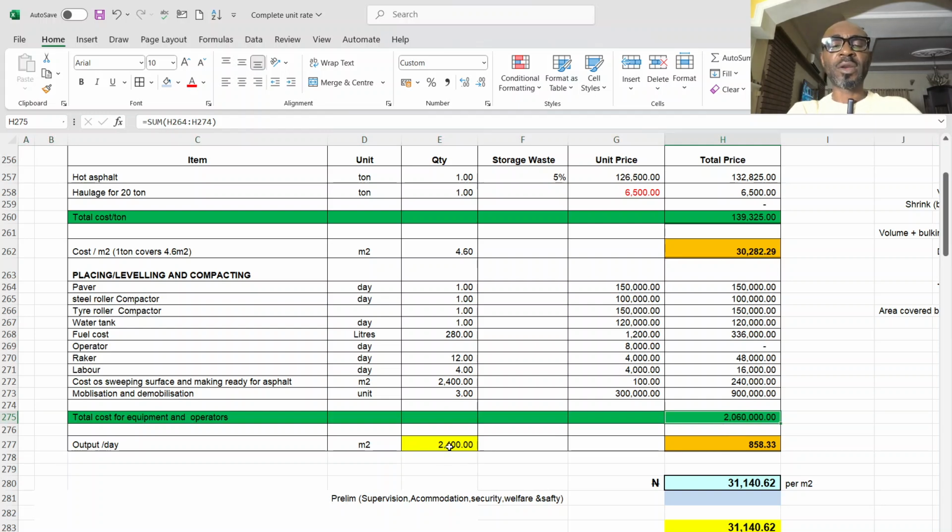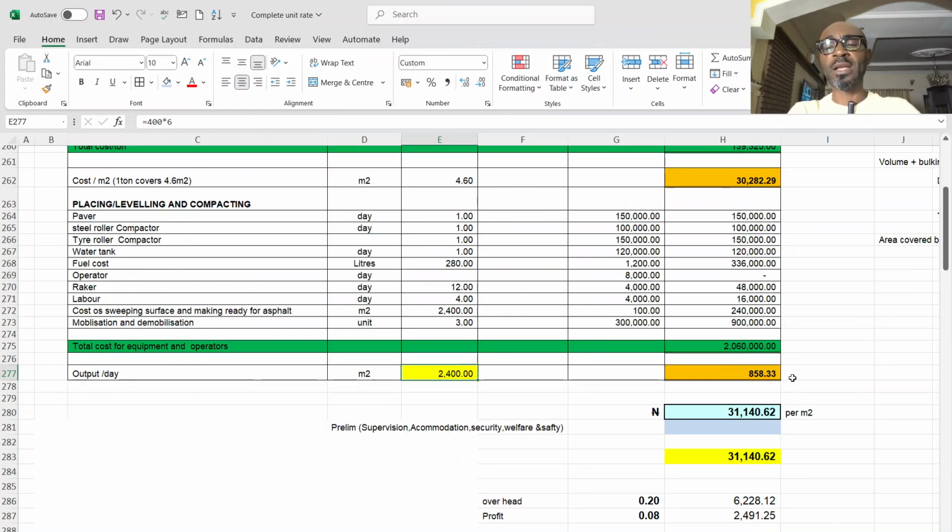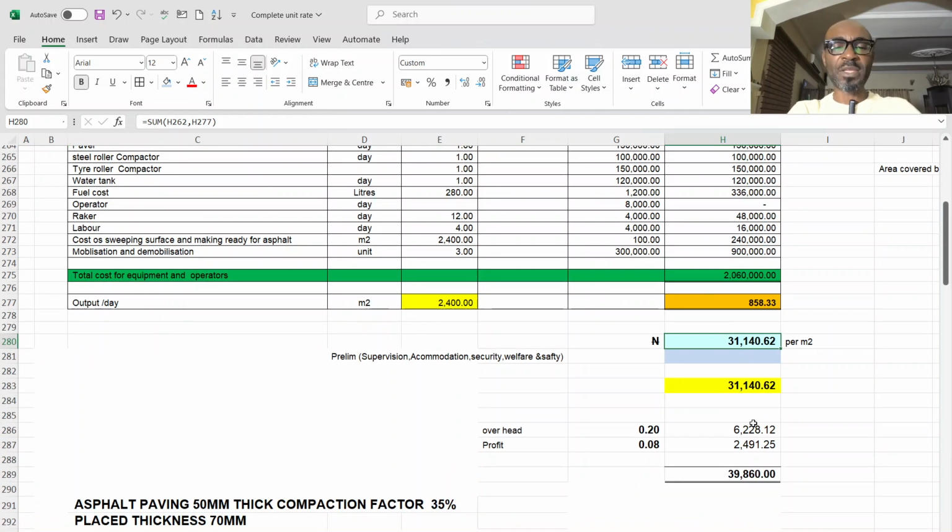The total output per day for this equipment is 2,400 square meter. So if you divide 2 million by 2,400 meter, you're going to have 858,858 naira. In addition to 30,000 gives you 31,140 per square meter. Then, of course, the cost for supervision, accommodation, security, welfare, safety,